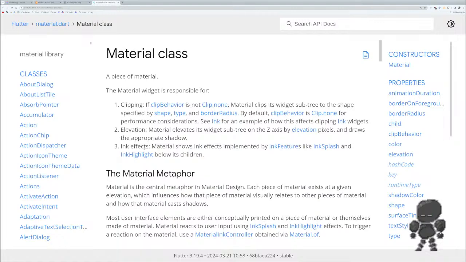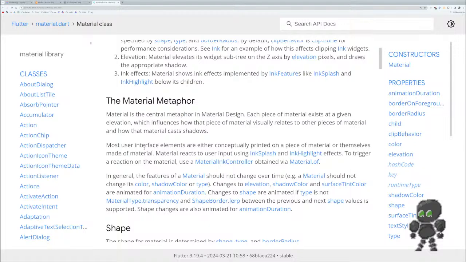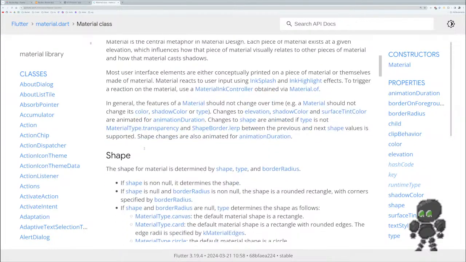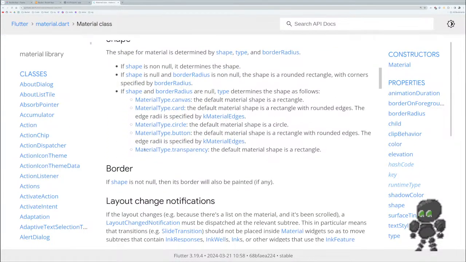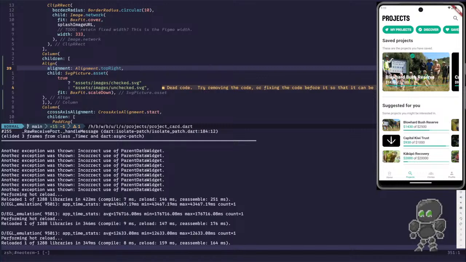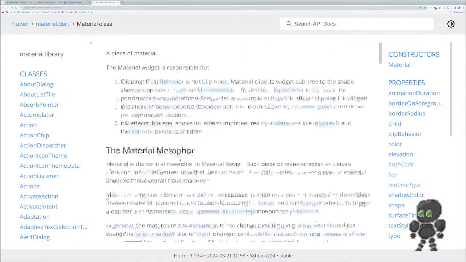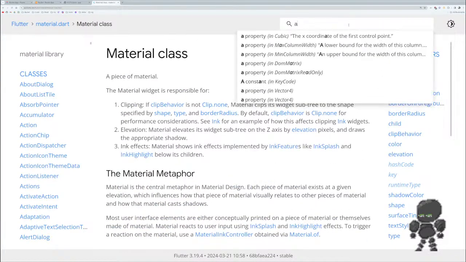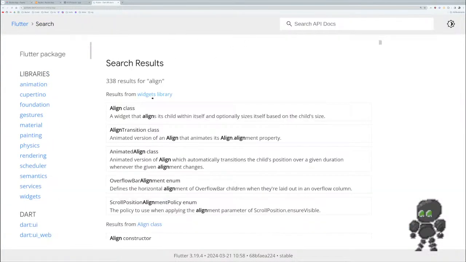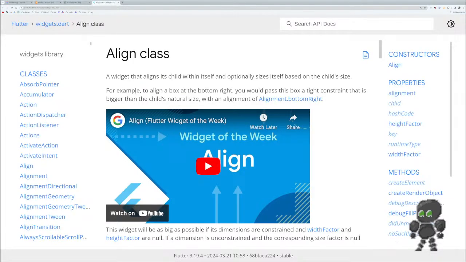No, I don't care about any of that really. All right, so does align need some kind of parent? A widget that aligns its child within itself and optionally sizes itself based on the child size. Oh,